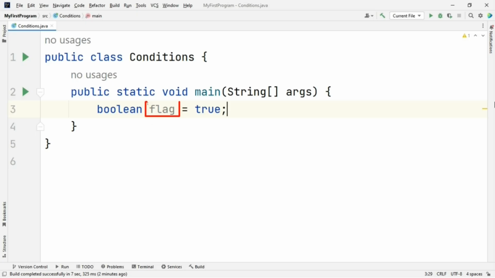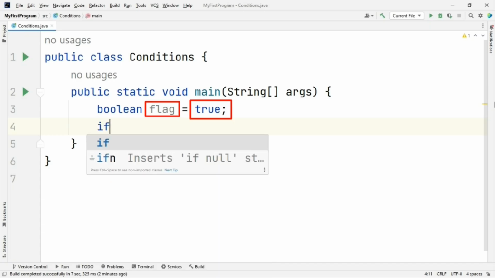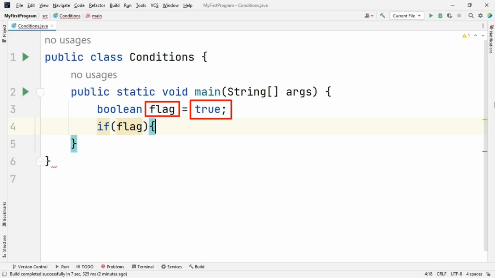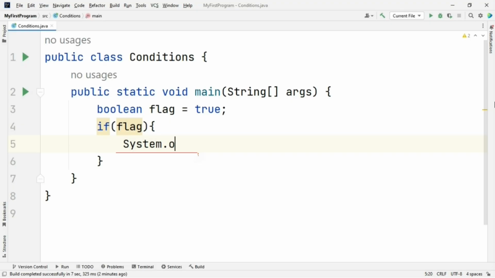The next is the if statement, which checks the value of the variable flag, which evaluates to true because it was previously assigned the value true. If the condition inside the if statement is true, then the code within the curly braces that follow is executed. In this case, the code within the if statement block is System.out.println("flag is true");